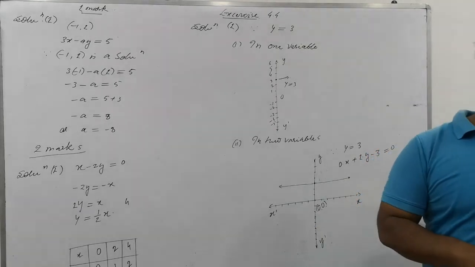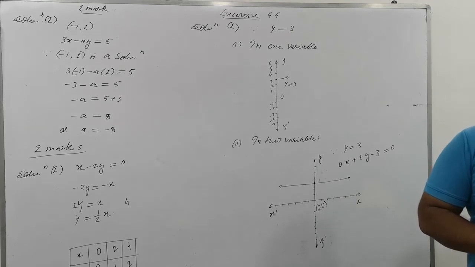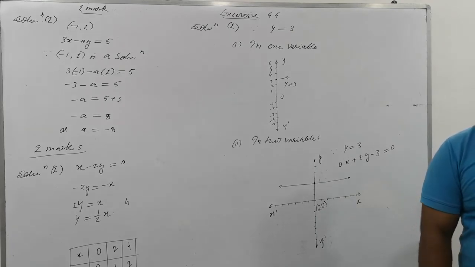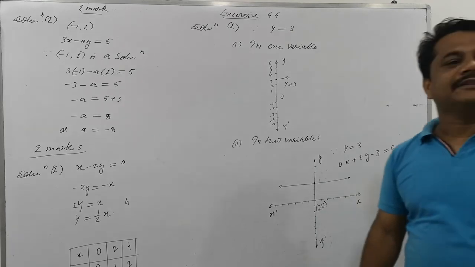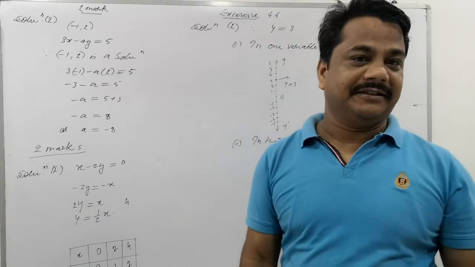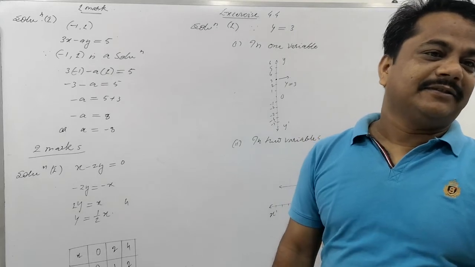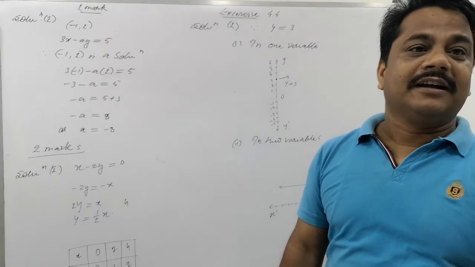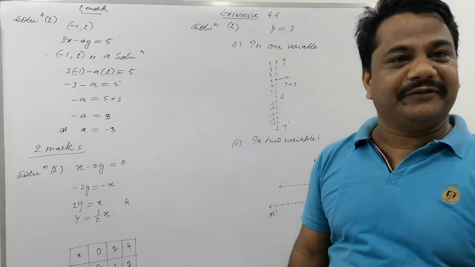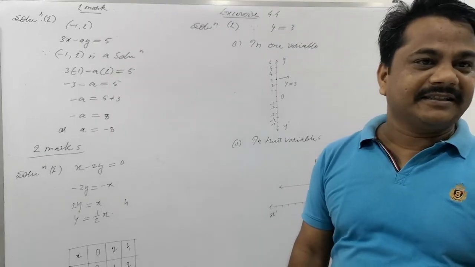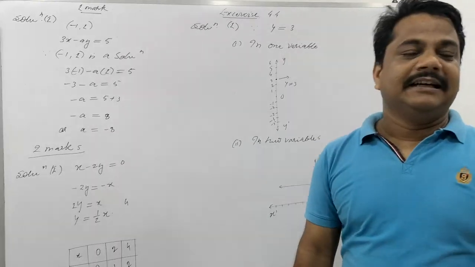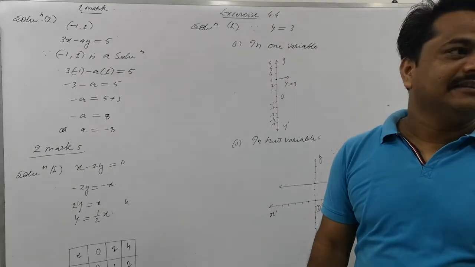Now have a look at the next question. Question number 7. The cost of a pen is 4 times the cost of a pencil. Is that clear? This is the first question that you solved in the beginning of the chapter. Okay, it's a word problem. There are two tasks here for students to do. First, conversion of the equation into symbolic, algebraic form. The first mark is awarded for this activity, and the second is to solve the equation.